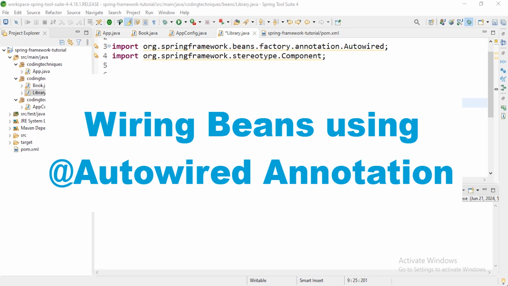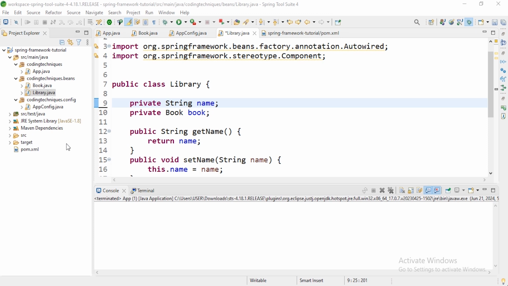In this tutorial, you will learn how to use @Autowired annotation to implement the relationship between two beans in the Spring context. In the previous tutorial, we learned how to implement the relationship using direct method call, and also